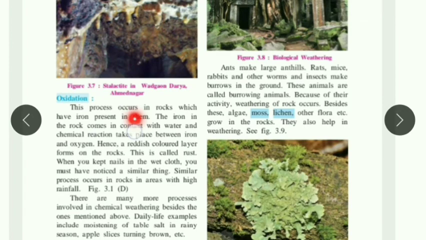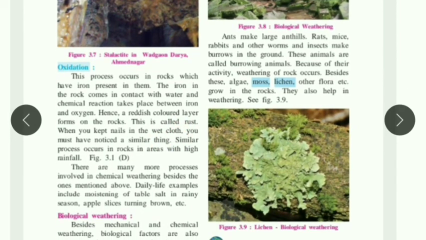Oxidation is the process where the addition of oxygen takes place and the minerals make their own oxide. For example, in our surroundings, we can see that rocks containing iron come in contact with water and undergo oxidation and make their own oxide, and because of that rusting, a red layer can be observed on the rock. That is oxidation. The rusting causes weakening of the rock, and the rock gets worn out.